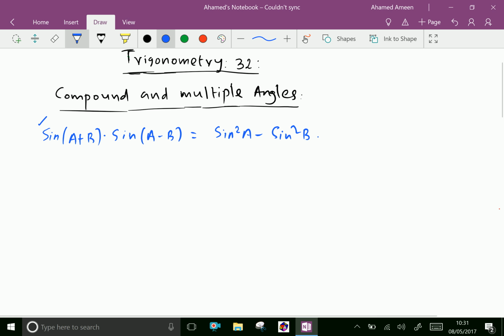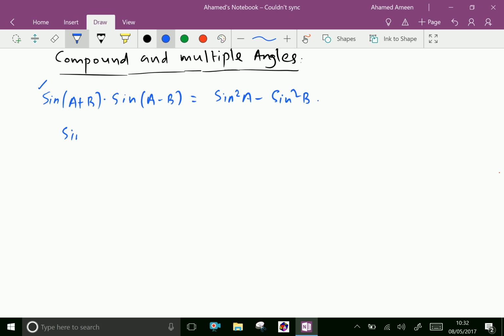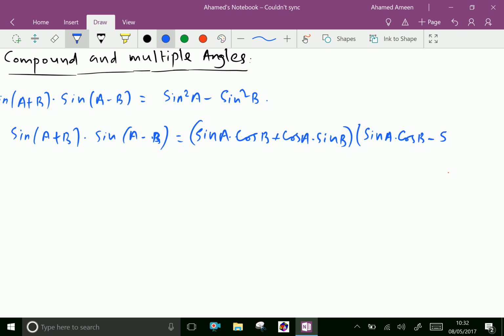In compound and multiple angles, we can prove sin(a+b) into sin(a−b) equal sin squared a minus sin squared b. Write sin(a+b) into sin(a−b). Sin(a+b), we know that sin a cos b plus cos a sin b into sin(a−b) is sin a cos b minus cos a sin b,